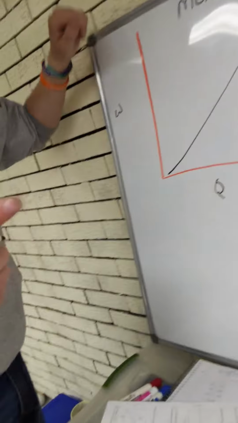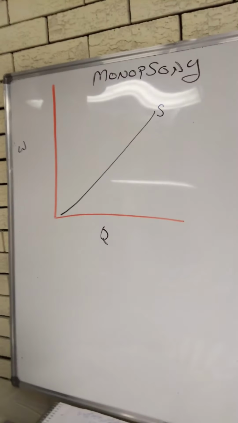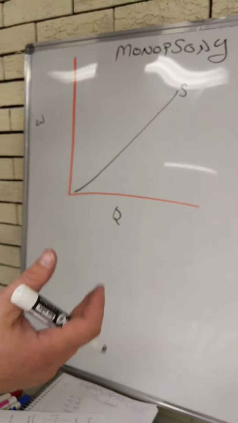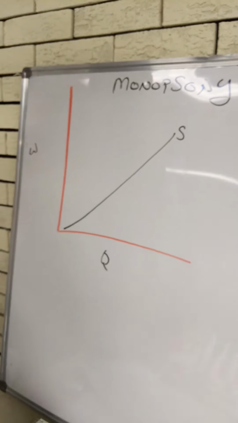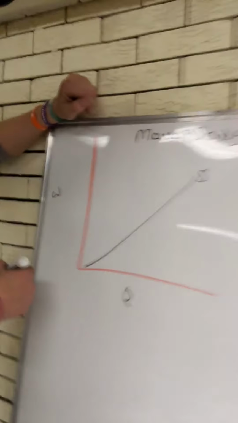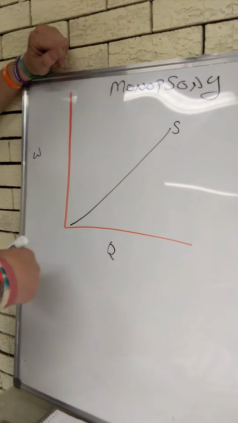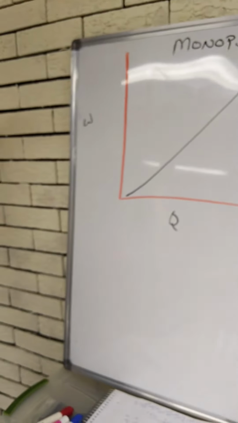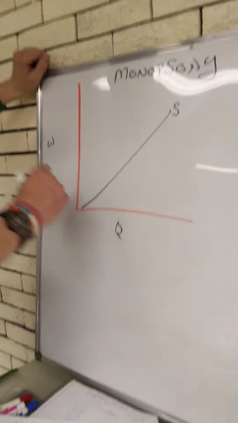But here's the difference. Now think about this from the aspect of monopolies, right? Monopoly, I want to sell one more, got to lower the price, but I can't just lower it for the next consumer. I got to lower it on everybody. So here, if I want to hire one more worker, I got to give him a little bit more money. But I can't just give it to him, right? Because then what are all the other workers going to say? Hey man, you giving him more money? I got to give more money too. So that means